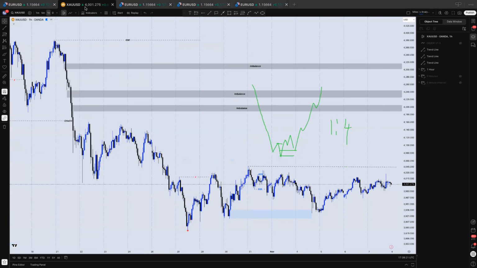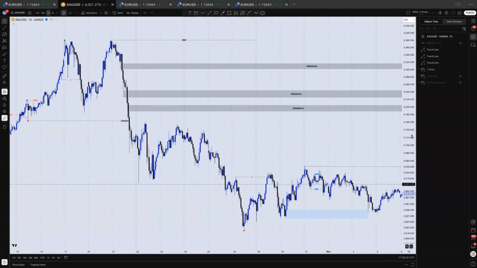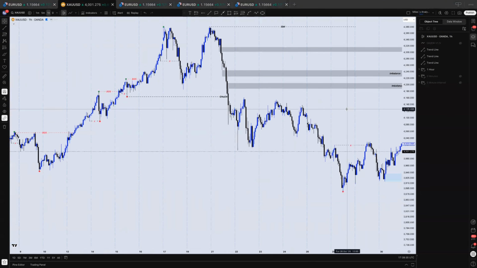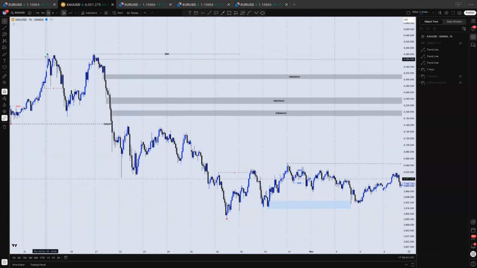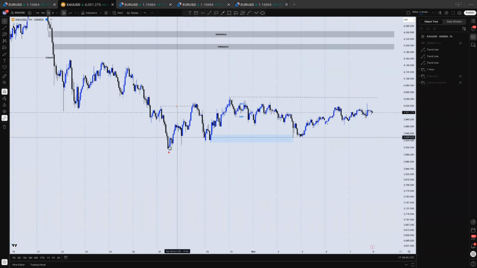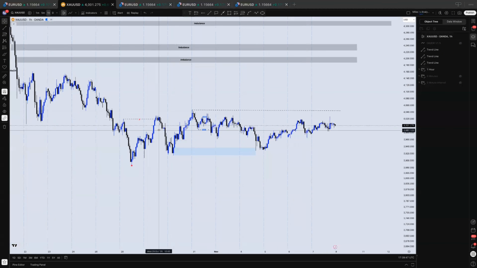And going to the gold chart, I'll start again from the 1 hour time frame. So on gold, you can see price is bearish. This was the change of character created. Then price took out this adjustment, making this a valid lower low, and the dealing range is from this higher high to this lower low, and price is currently in a range, and it mitigated this internal point of interest,